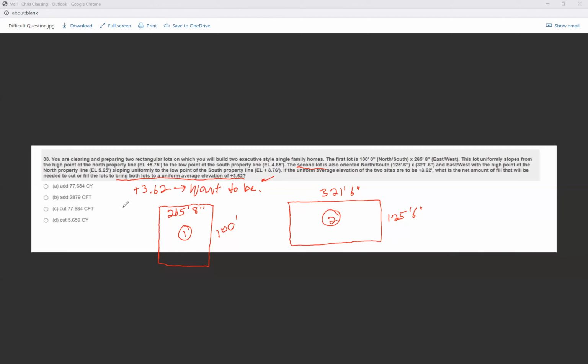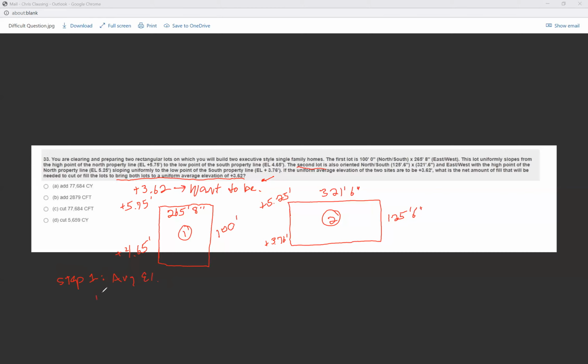The first lot is going to be at plus 5.75 feet at the north side. And at the south side, it's going to be plus 4.65 feet. And let's look at the second lot. Our high point at the north side is plus 5.25 feet, and our elevation at the south side is plus 3.76 feet. So first step, we need to find our average